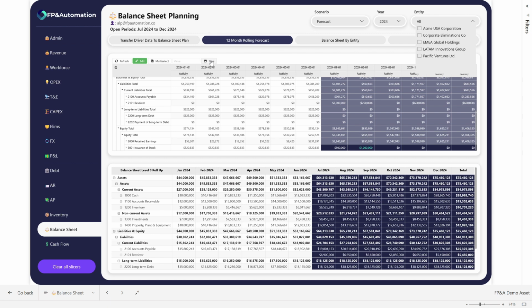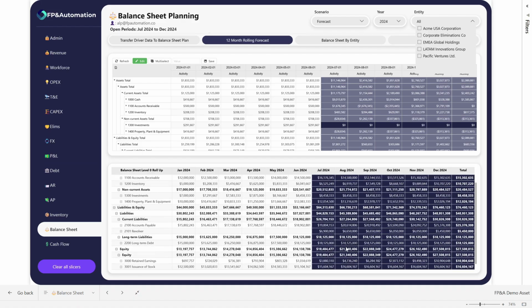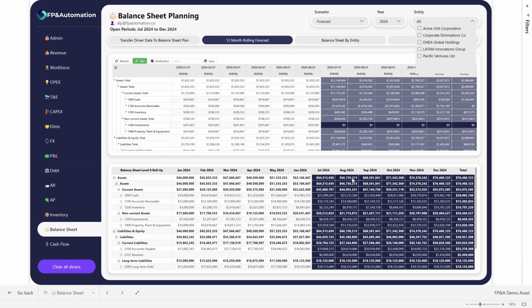within August. Again, there's a dilution factor to that for the business if we're a public company. But if we look right here at our cash, it's immediately going to increase by $1 million. And then our liabilities and our equities are also going to be offset by that due to us raising additional stock right here. So the idea is that we're able to see all these components and plan right from within the same screen, while also taking into account our other modules that are leading up to these particular balance sheet